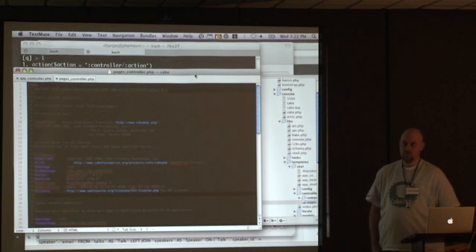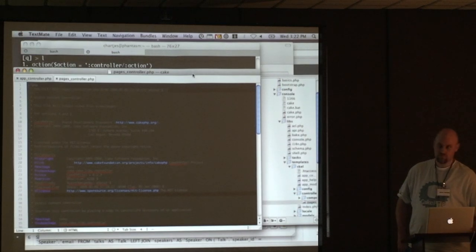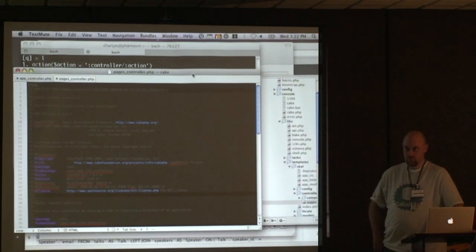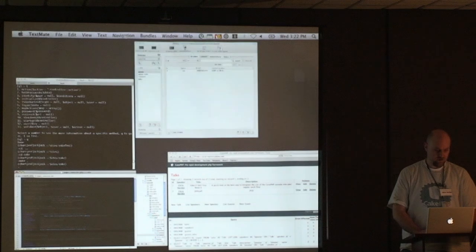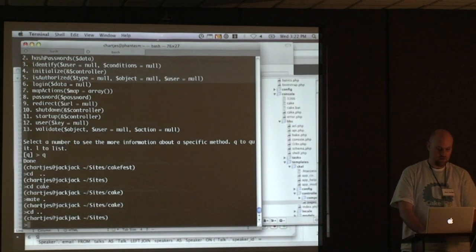Well, tasks and templates, but what I find is that I quite like to do all of my model baking individually, one at a time, so I can specify the validation and things like that. But it would be quite nice to then be able to bake all controllers and all views. I think you can actually. I know there's supposed to be a Cake Bake All. Doesn't it just do everything? Yeah. I'm not sure if there's a